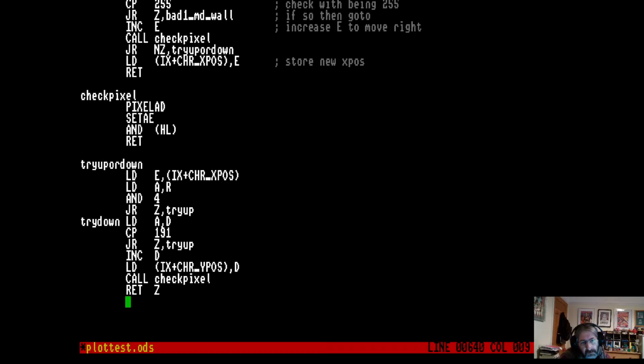Then if it's not clear, dec D, call check pixel. Yeah, I'm going to have to do the checks both sides on the down, the up as well,